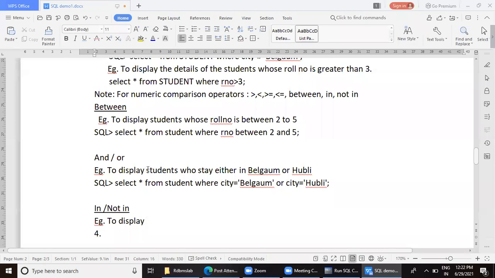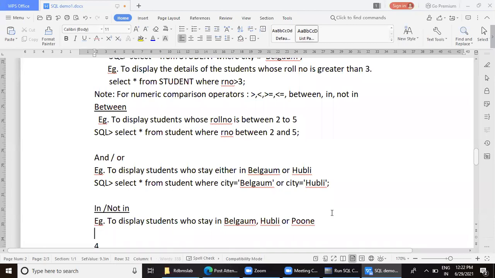To display students who stay in Belgaum, Hubli or Pune. So you may think, what's the use, then all the records will be displayed. We could have said select star. Remember, I'm just giving you examples of how to use the in operator.